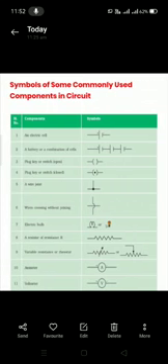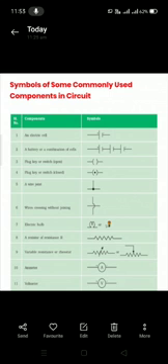Now these are the commonly used symbols in an electric circuit. Electric cell is generally represented by a bigger line and a smaller line with positive and negative indications. Battery is a combination of two or more cells. You can keep the positive sign at the beginning of the first cell and the negative sign at the end of the last cell. Plug key or switch is nothing but two open brackets which have a gap in between them. Plug key or switch which is closed has a dot in between them.